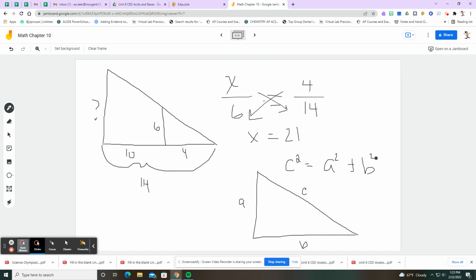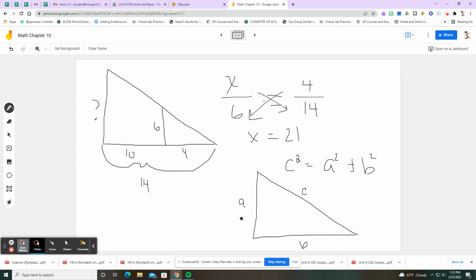And if we know that, then we can use that to solve problems. Just use our basic algebra to solve a problem. Remember that c is always going to be your hypotenuse. That's the longest side of the right triangle. Okay, so if we look at example 5,